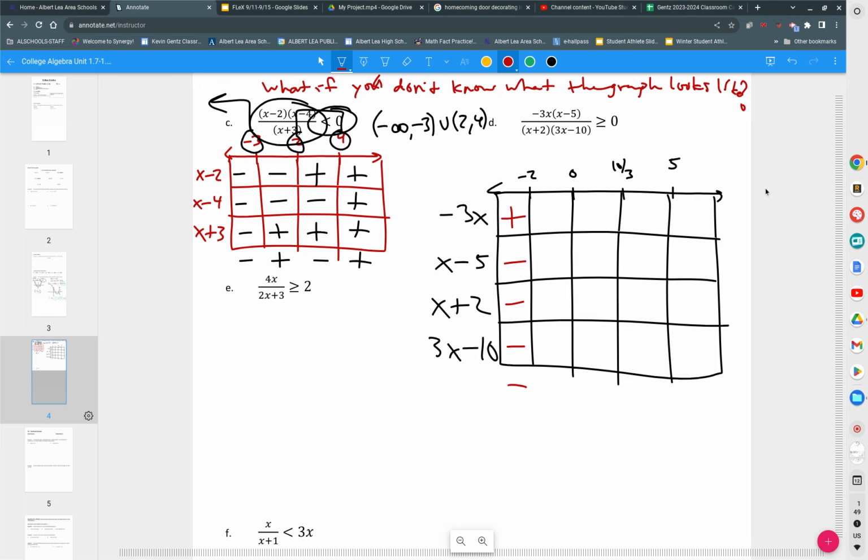-3 times -1 is positive. -1 minus 5 is a negative. -1 plus 2 is a positive. 3 times -1 is -3 minus 10. So if you were to multiply 2 positives and 2 negatives together, they will come out positive. A little bit better? Okay. It's two positives or two negatives. If it's anything,